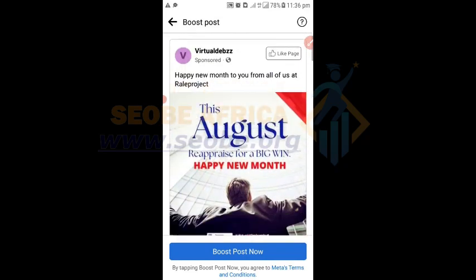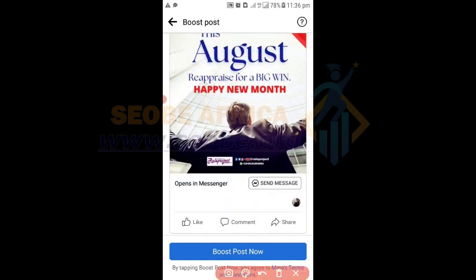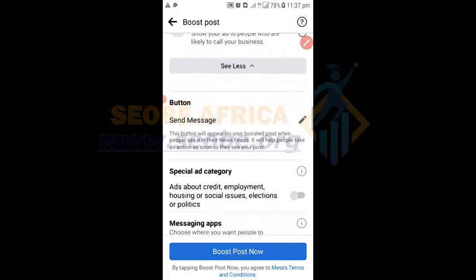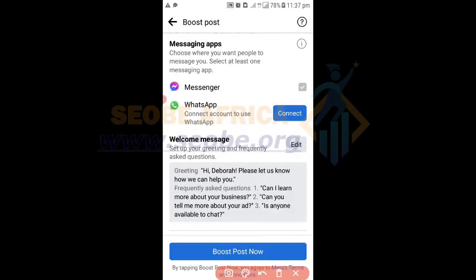So now you can see the changes here. You can see before this particular place was empty, but now it's showing a call to action, which is send message, right? So the next thing you want to do is go down to where you have the welcome